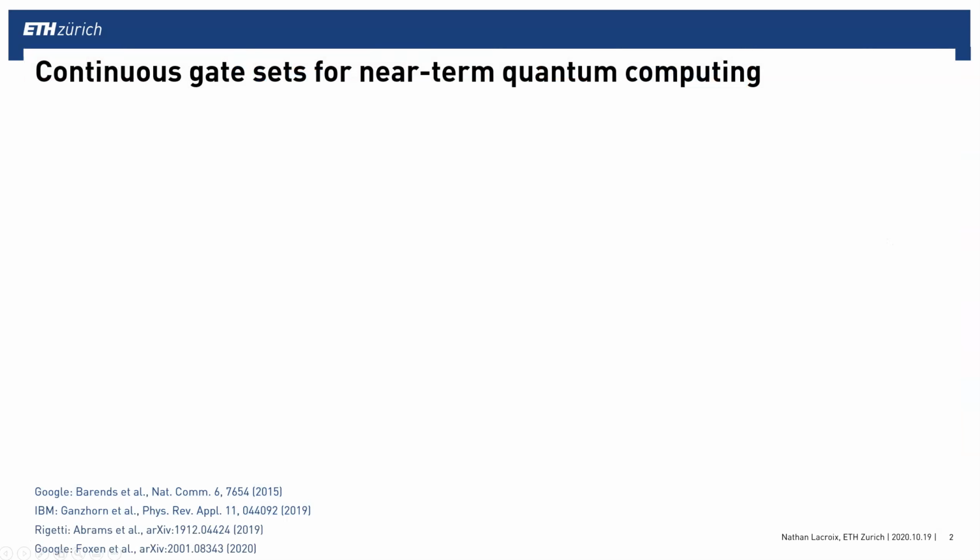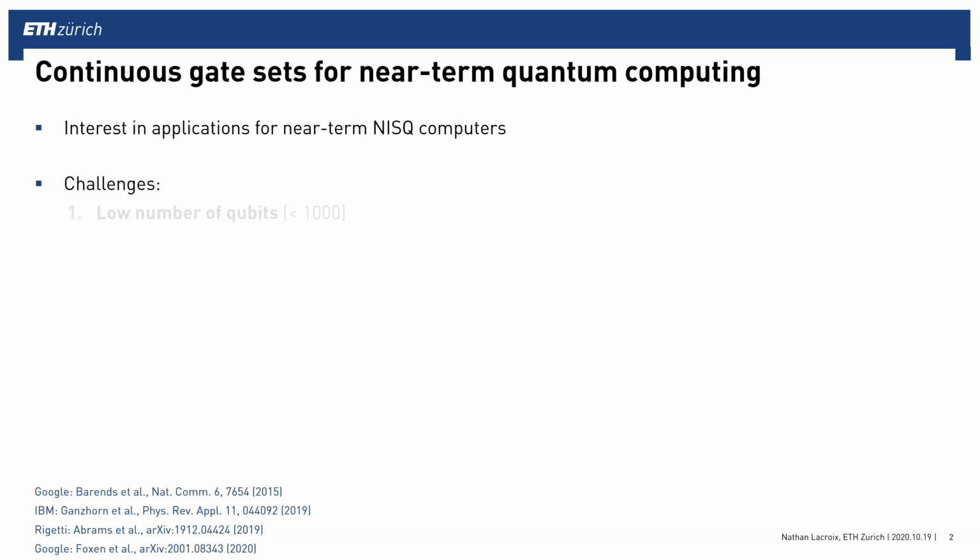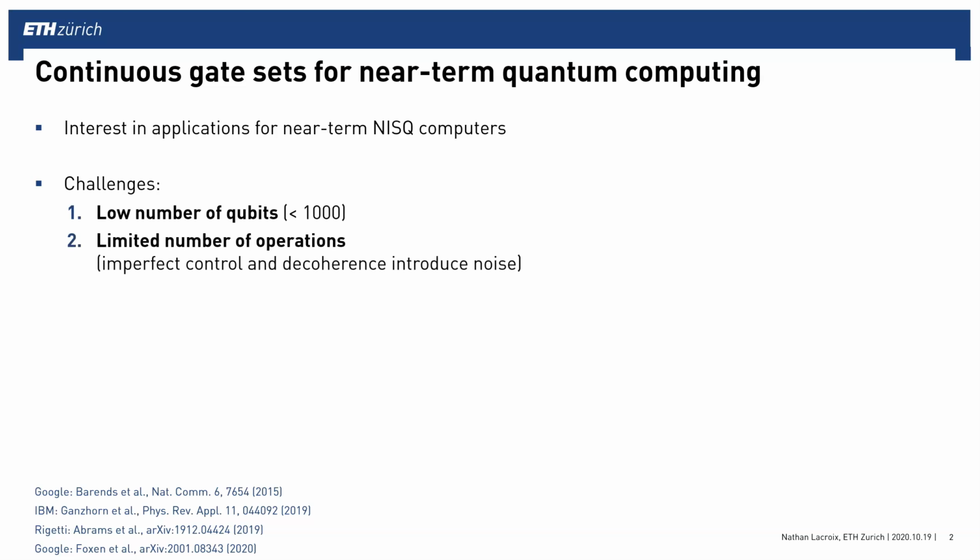I will start my presentation with a brief introduction about the relevance of continuous gate sets for near-term quantum computing, and it starts with the idea that there's a clear interest in developing applications for near-term noisy intermediate-scale quantum computers. And in doing so, the community faces two major challenges. Firstly, that current quantum computers have a low number of qubits, and secondly, which is what we will focus on for the rest of the talk, that there's only a limited number of operations that can be executed on the